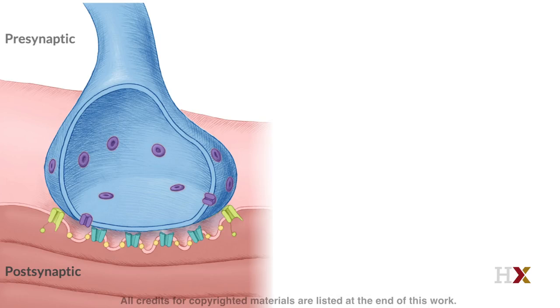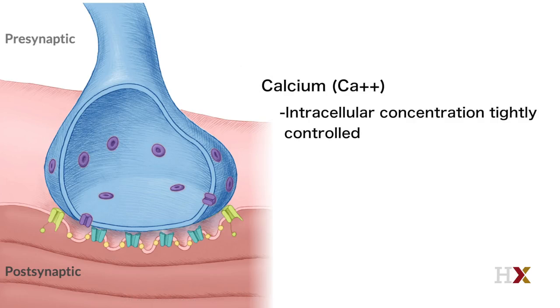Now's a good time to remind ourselves that the concentration of calcium is exquisitely controlled inside the cell. It's such an important ion for signaling that tight control is necessary to prevent unwanted events. Now that we appreciate the role of calcium in synaptic signaling, how do we make sense of the minis and